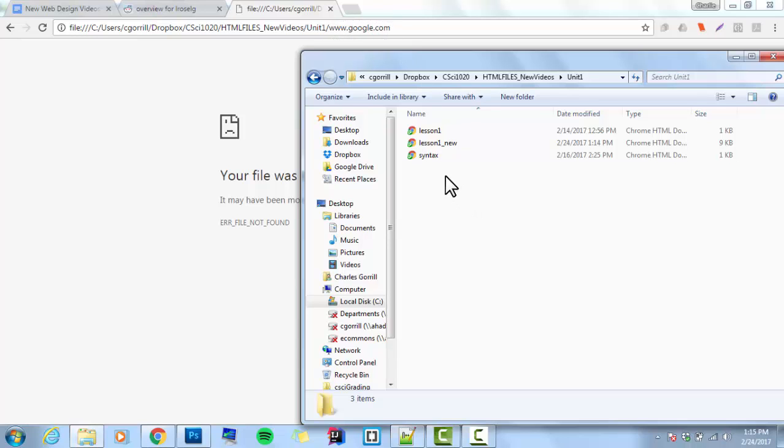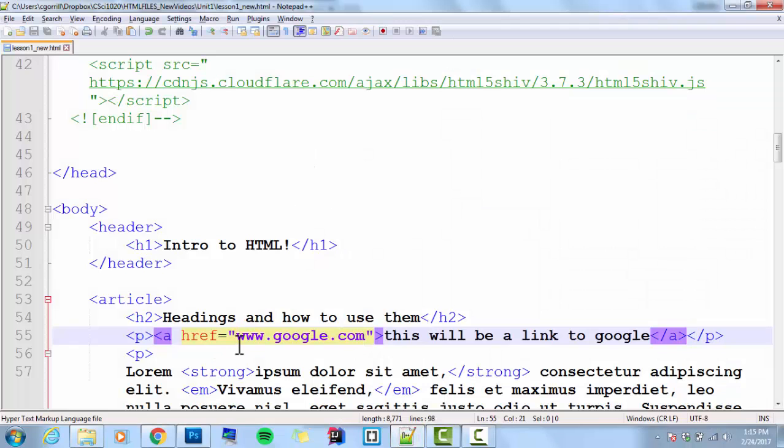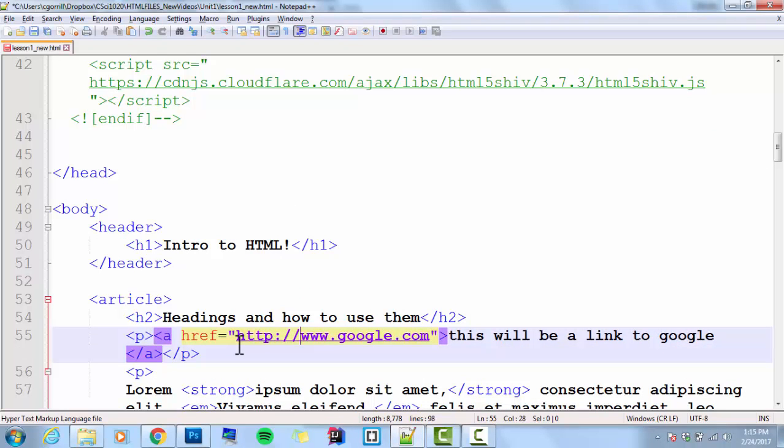Well, I've only got 3 files, lesson 1 _ new, syntax. Google doesn't exist there. I've got a problem. Google is not in the same directory. Google exists out on the internet. In order to get out to the internet, I need to have the Hypertext Transfer Protocol. If I don't have that, it's going to look for the file in the same directory where this file was saved. So this file, lesson 1 _ new HTML,